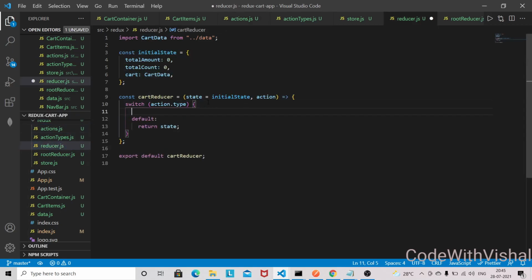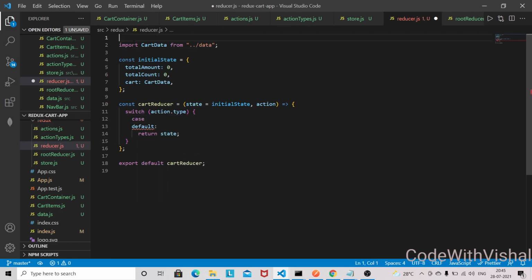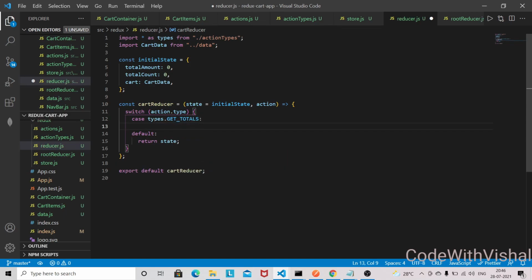Okay, so I'm going to add this case here, and before adding that case we need to also bring the action types. So import * as types from action types. Okay, and if the type matches this get total, then we'll have the logic here.